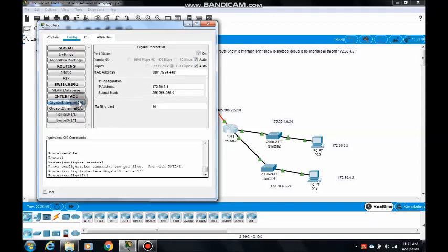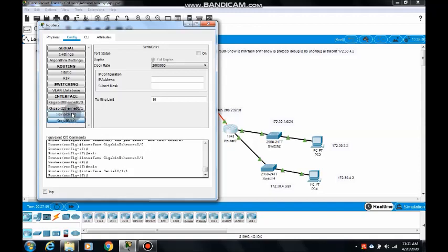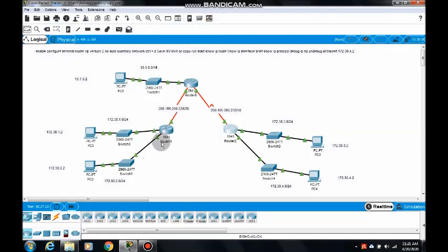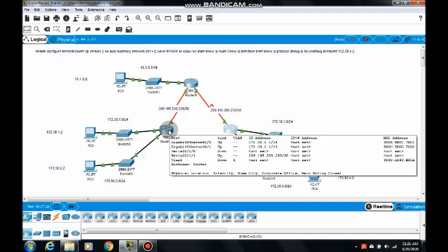So 3.1 is the interface address, and for the 4.0 network, 4.1 is the interface address, and the serial interface is connected to 232. So this is about the interface configuration of a router. Once the interface configuration of the router is finished, next we can go for the RIP version 2 configuration.